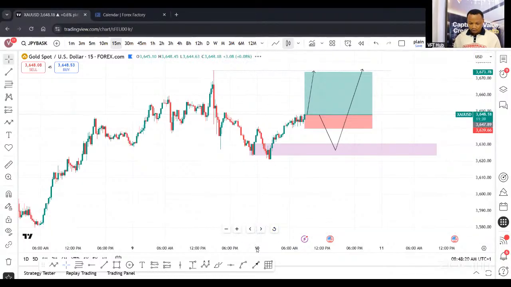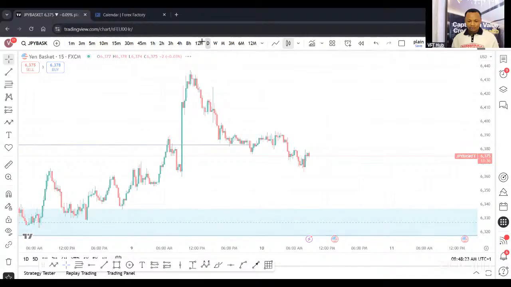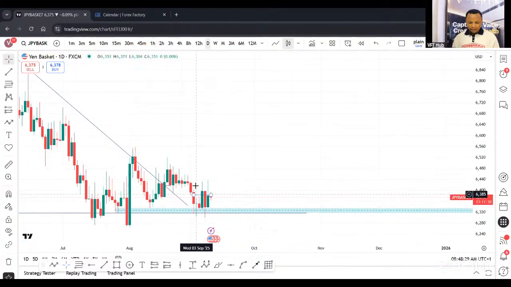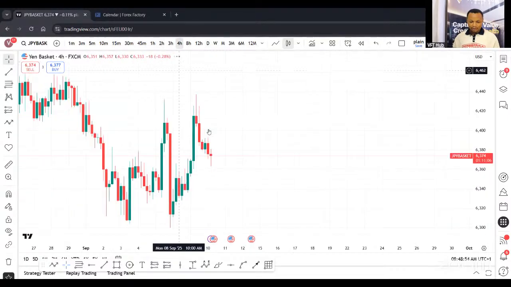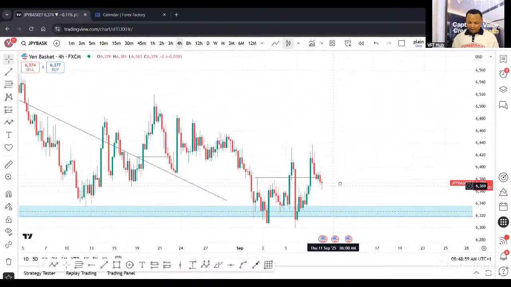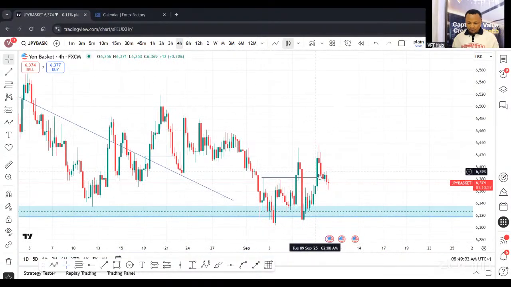Now let's look out for the yen basket and what we expect to see on the yen pairs this morning. Starting off with the yen basket, you can see that the yen basket has been stuck. We've been expecting it to buy all the while that it has been in this region. We're expecting a buy to the upside. So we've been looking forward to seeing it buy, even though it sold a little. And then right now we're expecting the buy to continue all the way to the upside, but then it has now been stuck within this range to buy and sell, buy and sell. Look at that on the 4-hour time frame. You see that it has just been stuck, finished cleaning up all the buys, or consuming the buys after creating a sell. Okay, so this is what the yen basket has been doing.